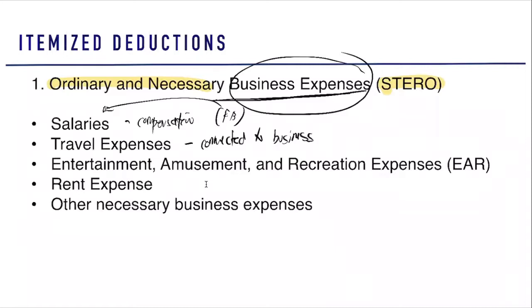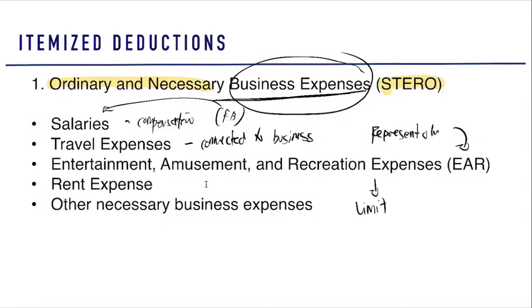Okay? Next, we have your entertainment, amusement, and recreation expense. So this is connected to the development, management, and operation of your trade or business. So, for example, you have an investor, and then you dine out with that investor. You also paid for the accommodation of that investor. You can include that in your entertainment, amusement, or recreation expenses. You can include that as a representation actually. It can be considered as a representation expense, which can be included also in your EER. Now for your EER, this is subject to limit.